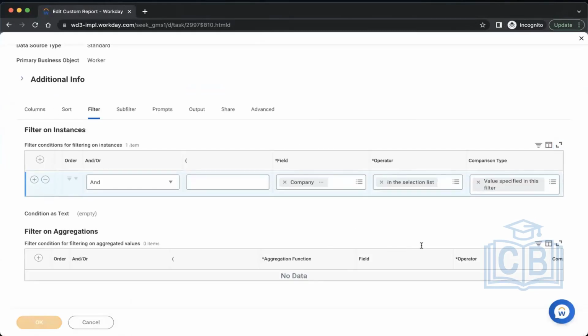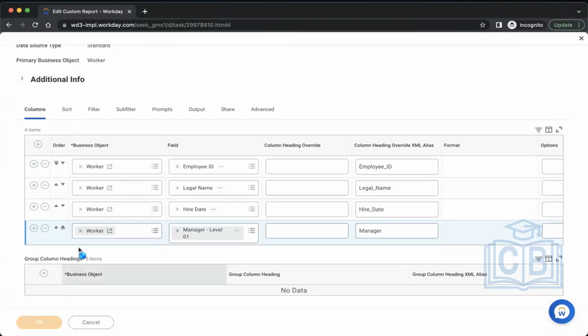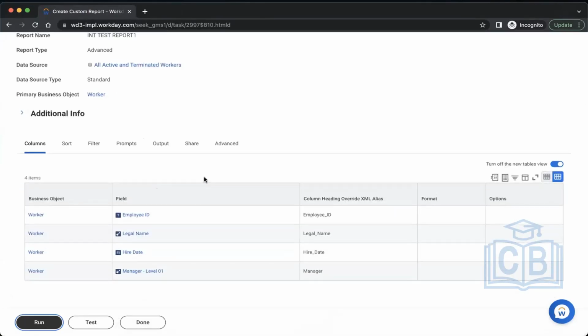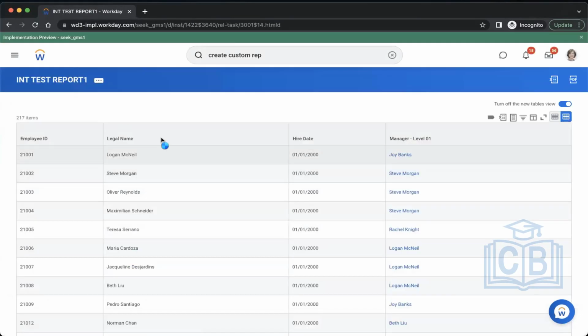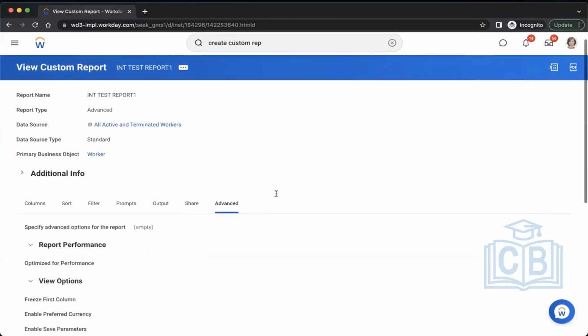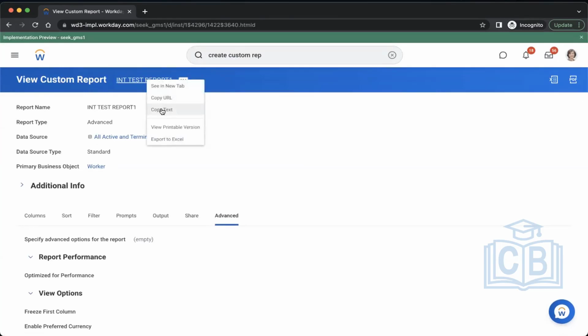The alert it is giving is that this tag name is becoming too long. Okay, run. So now this is giving 270. That's fine. Okay, and then share and advance. Let me see. Yep, that's fine. So I'll copy this report name, copy text, and